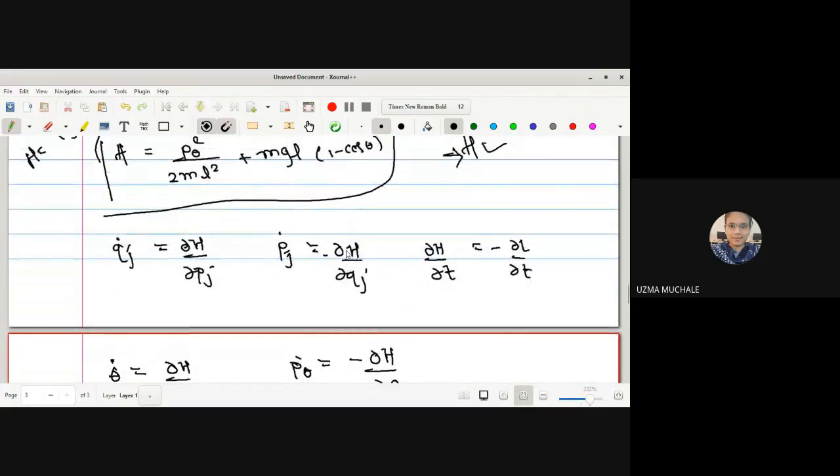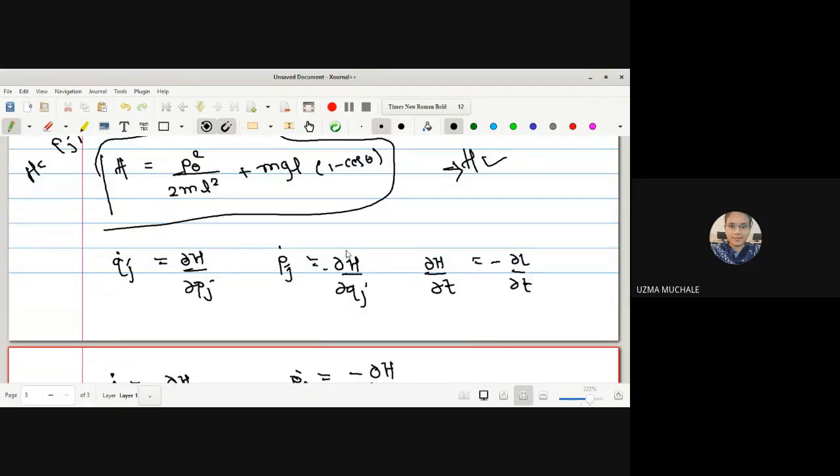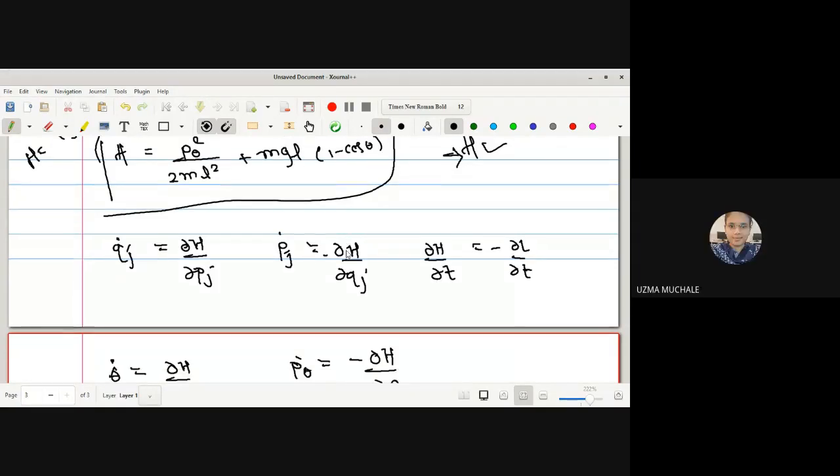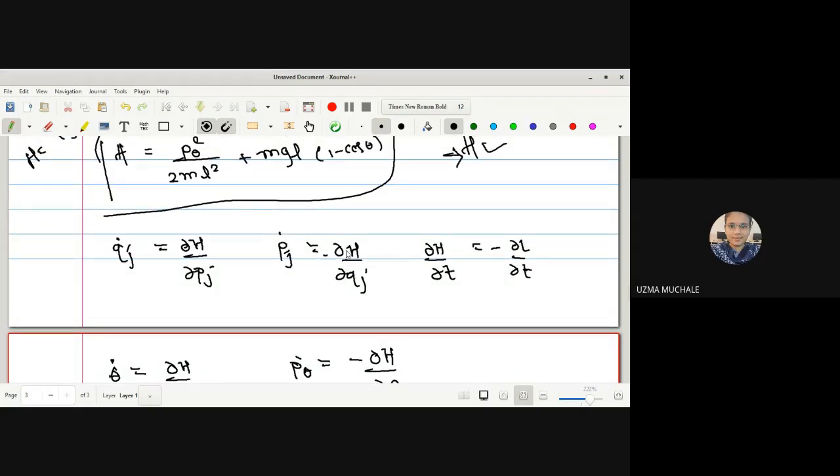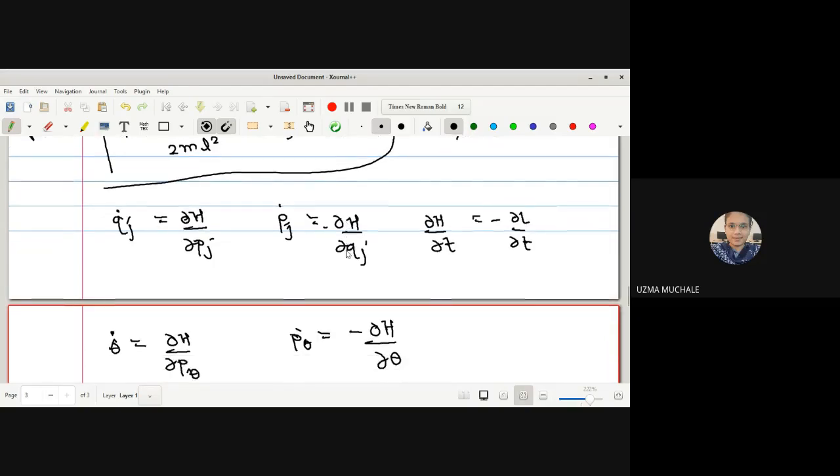Is there any term of theta in our equation of H? Yes, ma'am. So what is the derivative of H with respect to theta? First term is 0. No, there is no term of theta, it is p theta, not a single theta. So what will be the derivative? m g l as it is. Derivative of cos theta is minus sin theta. Minus minus becomes plus, right? And this minus carries as it is. So we'll get the resultant m g l sin theta.